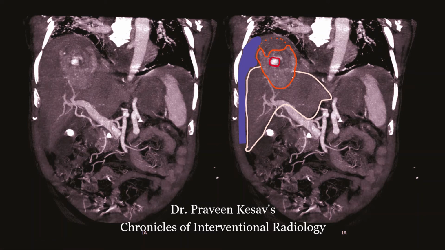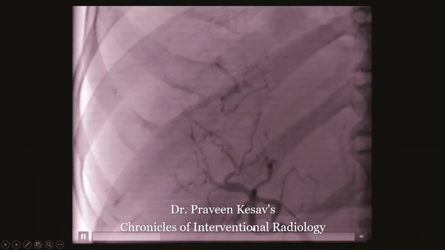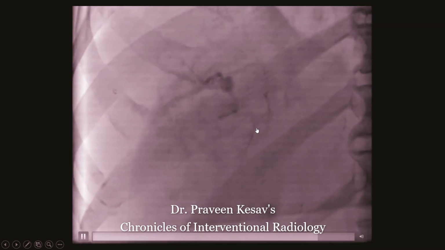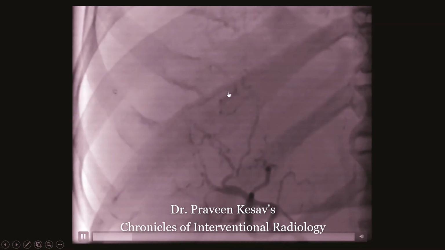Considering the general poor status, the patient was taken up for an angioembolization. As can be noted here, the right hepatic artery is arising from the SMA. It's a replaced right hepatic artery. The replaced right hepatic artery run showed abnormal tortuous vessels feeding the tumor and also the pseudoaneurysm, as was noted